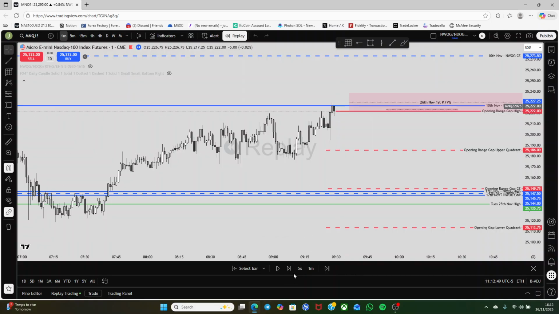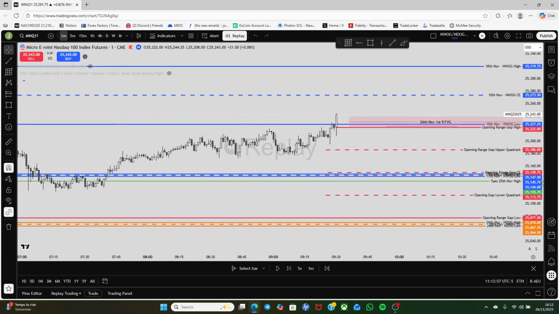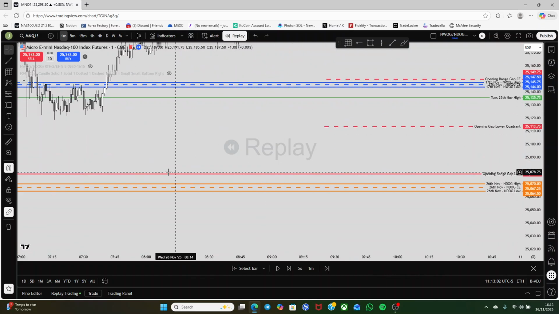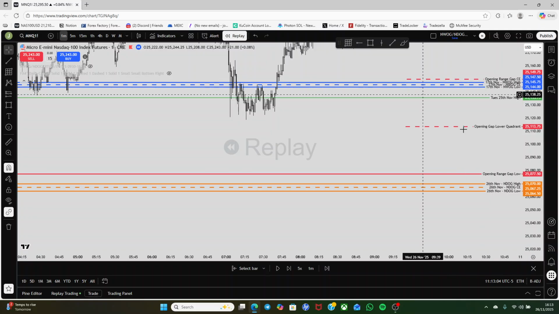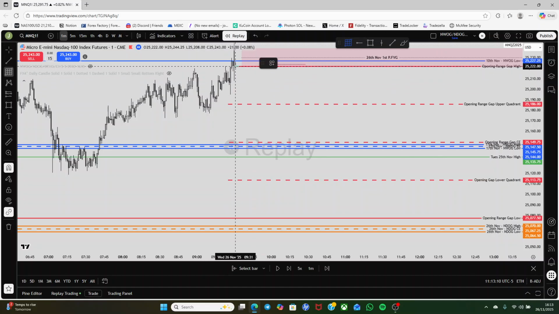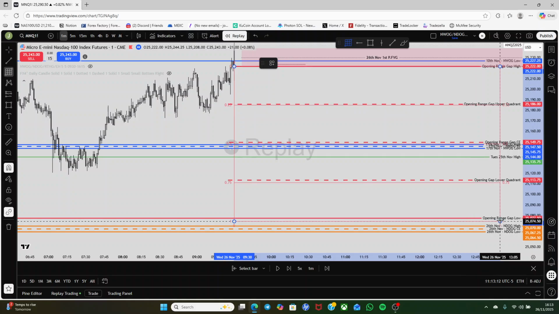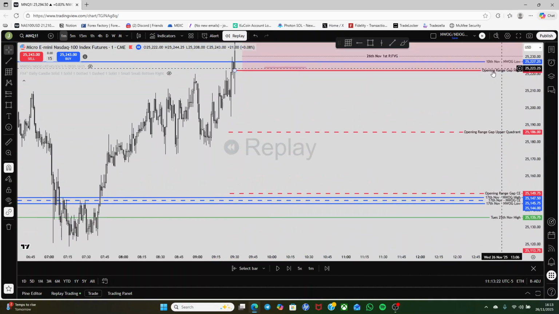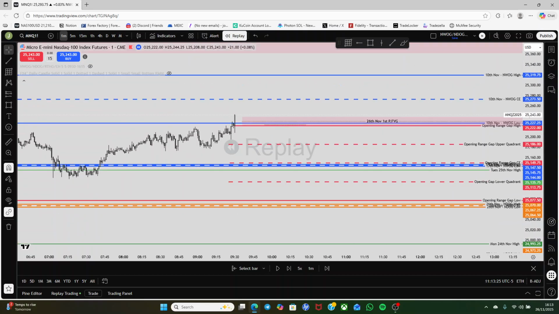So we opened here, 9:30 candle, opened at 25222, and then we closed 414 yesterday at 25077.50, which gave us our opening range gap, which I marked out as this. Then I just draw the upper quadrant, the midpoint, and the lower quadrant myself by using the Gann box. But so that big upper quadrant,